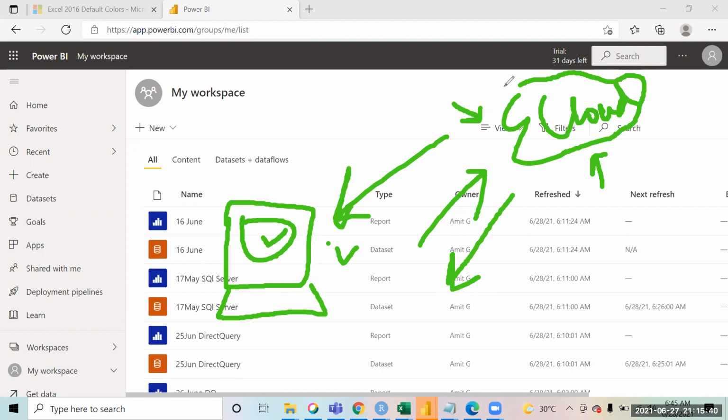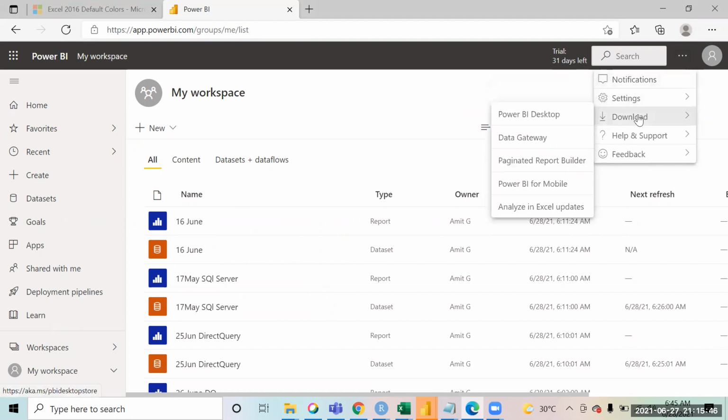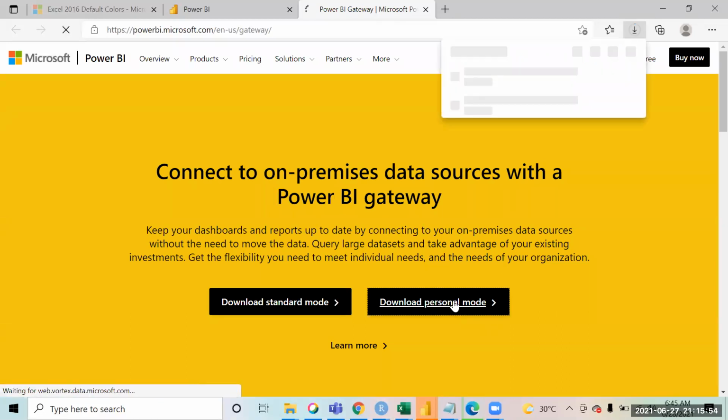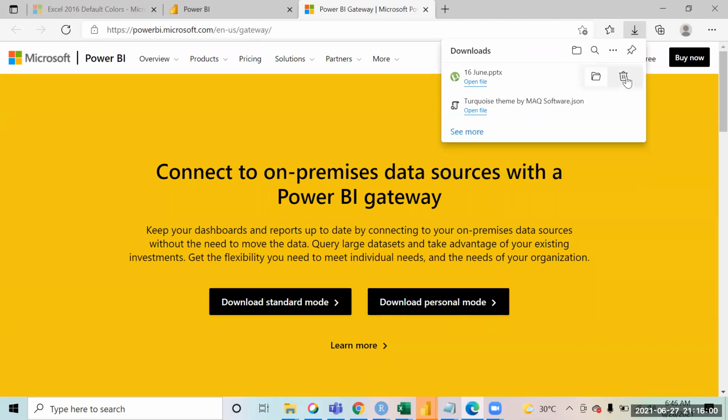To set up the gateway, you just have to download a small utility. Click on the three dots, click on download, and click on data gateway, and the utility will be downloaded. You have to choose the personal mode and download this gateway. It's around a 375 MB file, so just download it and install it.